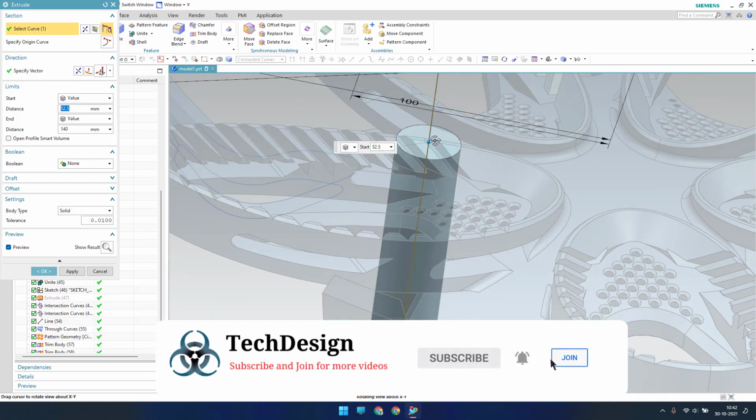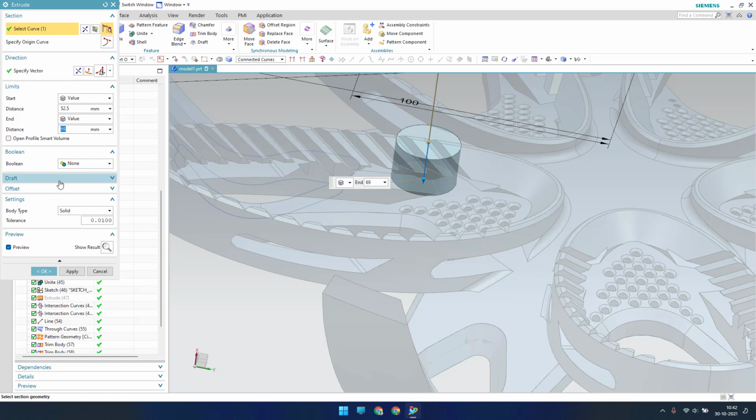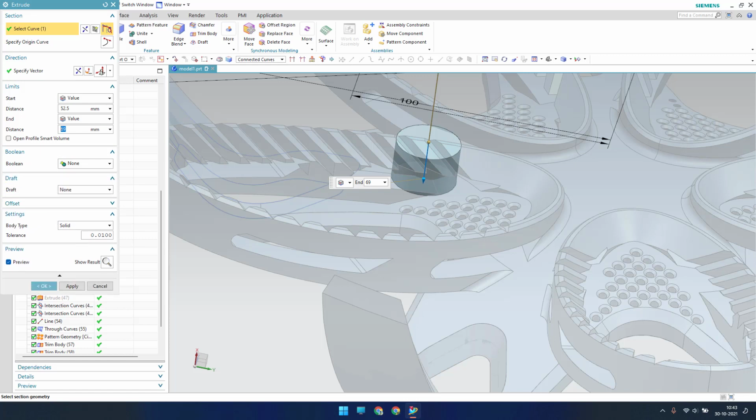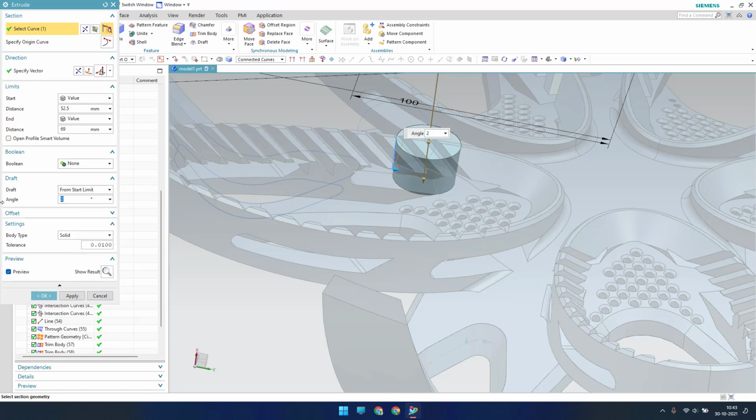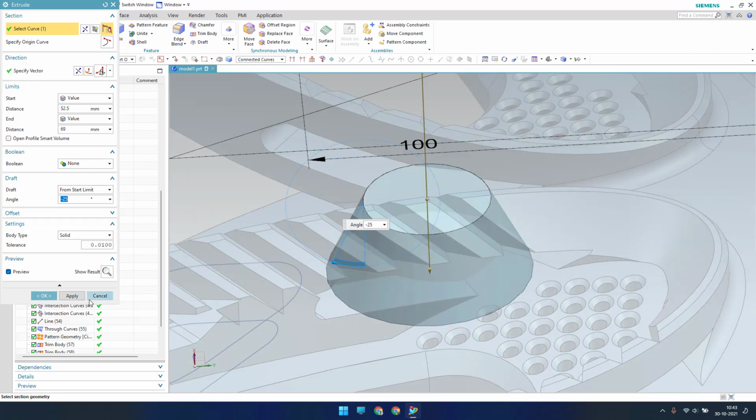Then it should be projected until 169, and we also need to provide a draft for this. So draft from the start limit, and it should be -25. It should project like this, and we'll click OK.